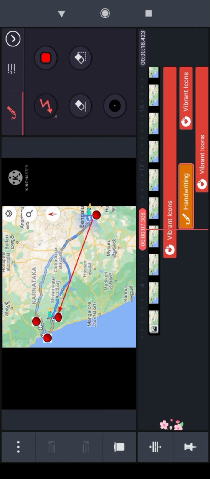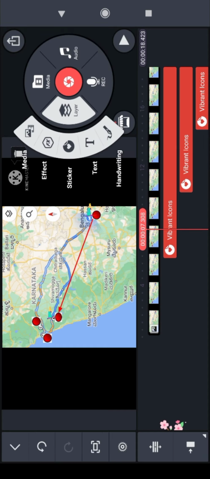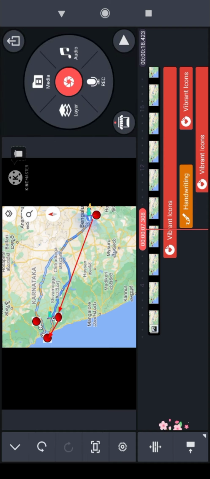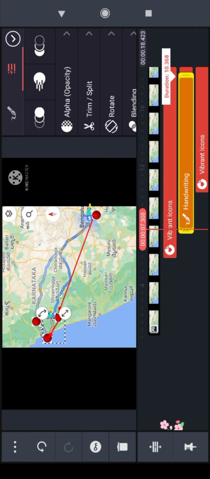Go to the layer, go to the handwriting, and again select it, and from Shivamogga to Gokarna I traveled. If it didn't come out well, no issues, just delete it. Again go to handwriting, again draw like this. Okay, and click OK, and pull this handwriting bar till the end.